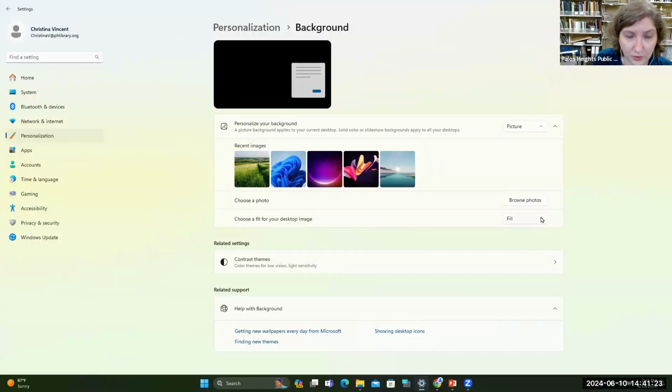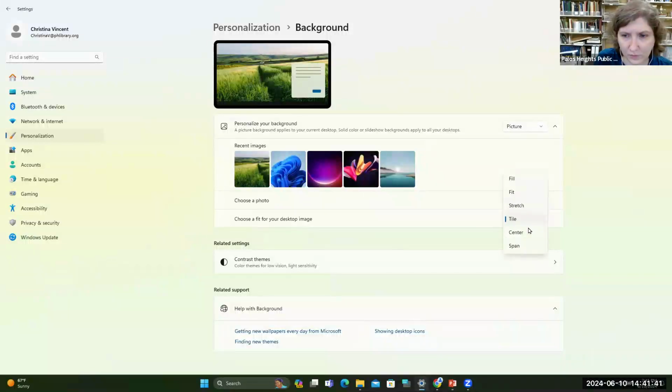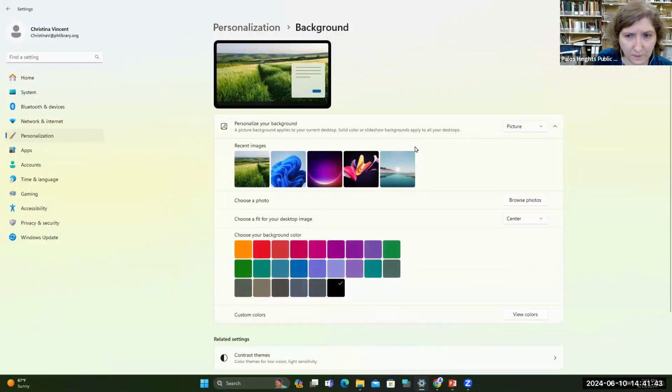You can even choose what they call a fit. So standardly we have a fill, so it fills the whole screen. But otherwise, if it's too small, you can stretch it or make it a tile or center it or span it. Let's say a tile will look like that. Gives you a little preview here. Or you can center it.